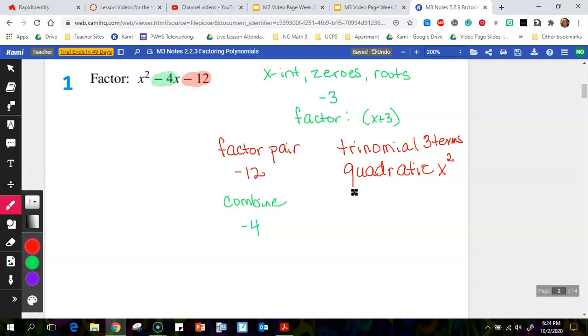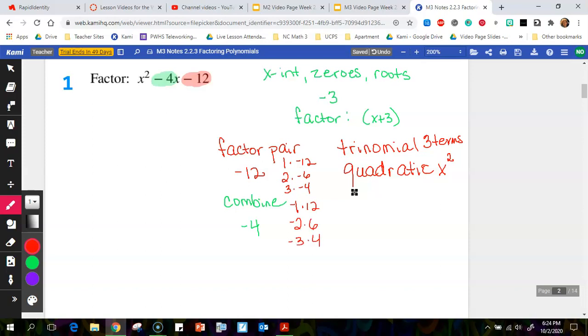Because the -12 is not a great big number, I can just think to myself, okay, what are factor pairs for -12? I need to think that one of the numbers has to be negative, one has to be positive. So factor pairs for -12 would be 1 times -12, 2 times -6, 3 times -4, and then I could switch all the negatives too. I could say -1 times 12, -2 times 6,